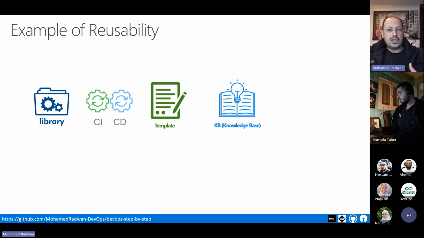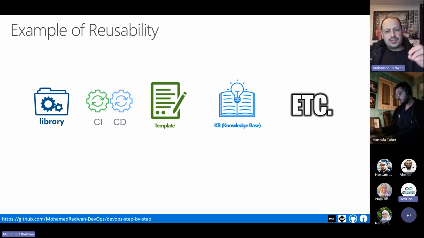Even knowledge base and information, and this is usually what I'm saying, it is not about only code, but it's even about the knowledge. So when you look at Stack Overflow, for example, as a knowledge base, you don't repeat the questions. You have one question and answer, and the answer can be used many times for this question. So there is no repetition. Again, this is just a few examples about reusability, but there are many examples. And this is why we talk about why you need to consider that as a mindset.